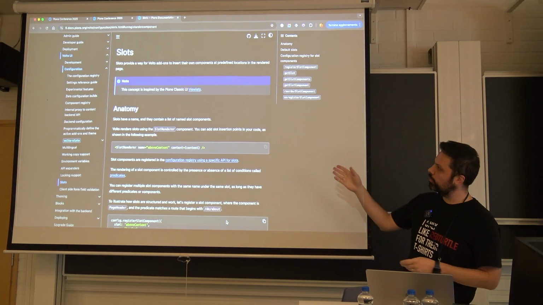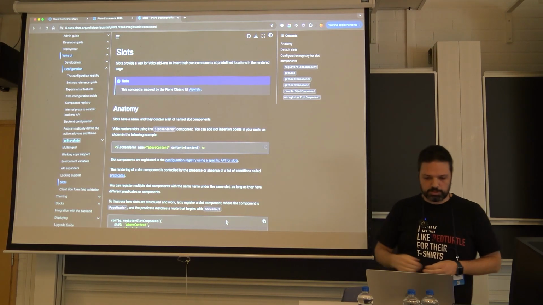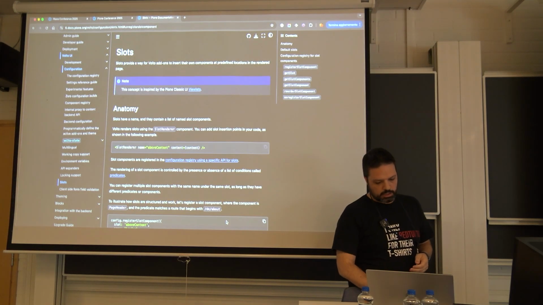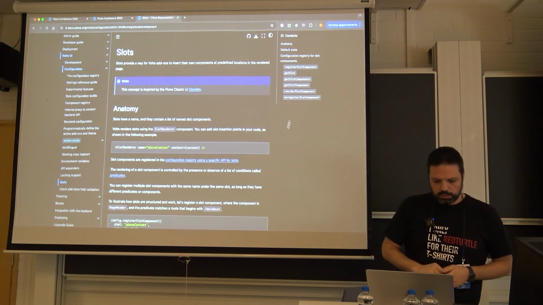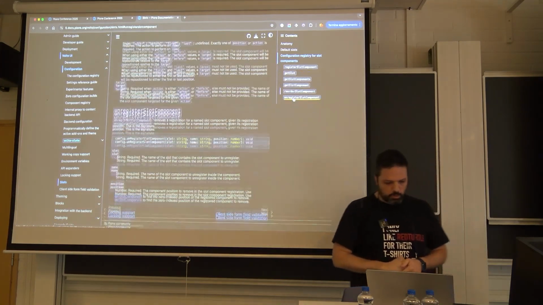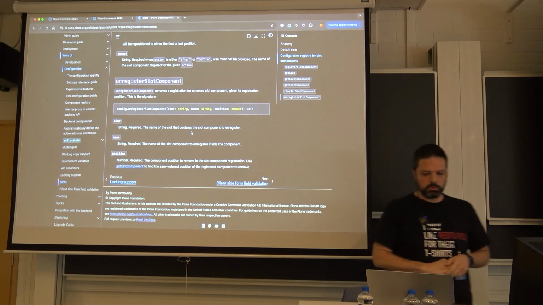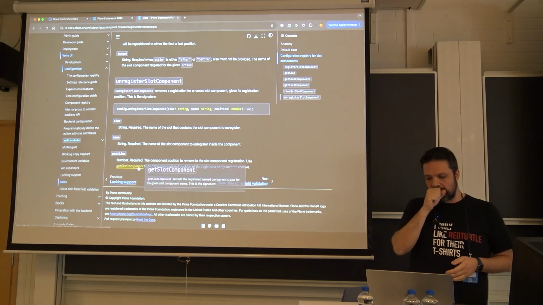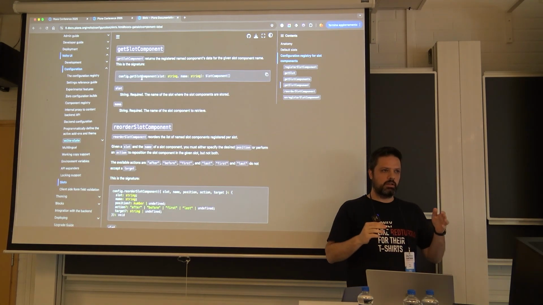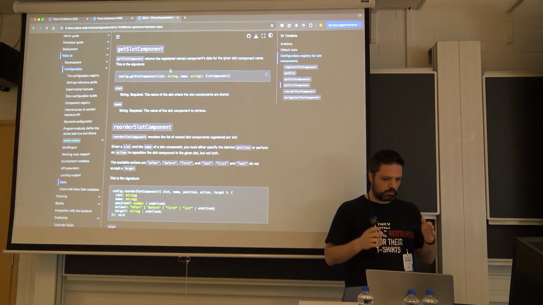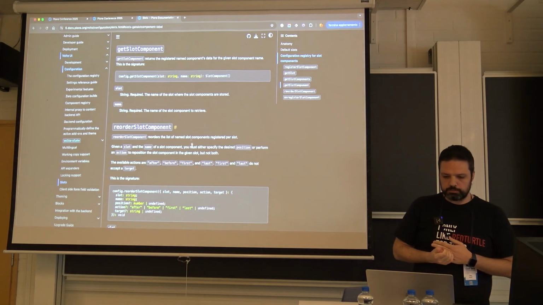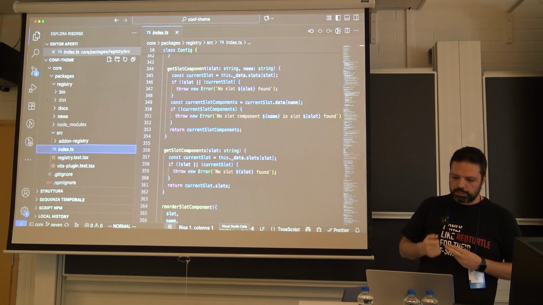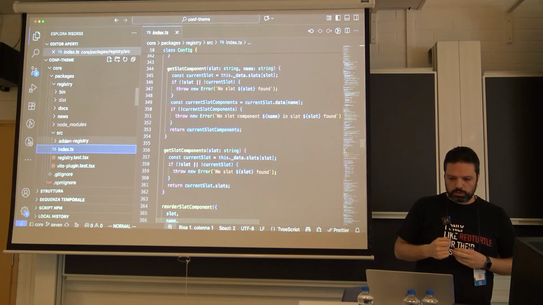So this is to show that we have proper documentation on how to work with slots. Okay. So we need to get rid of that. So I want to remove all the editor tools that we have there. Actually, I want to remove the whole header and replace it with one of my own. So I'm gonna look at the documentation. I'm gonna go to the